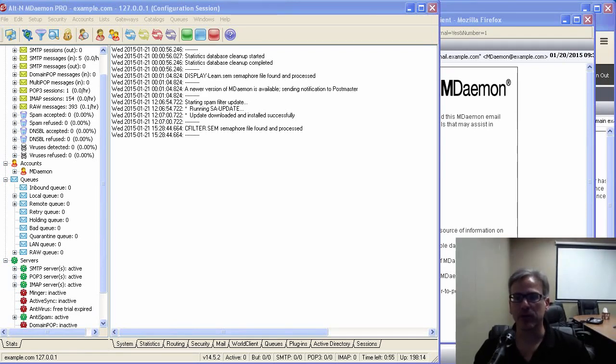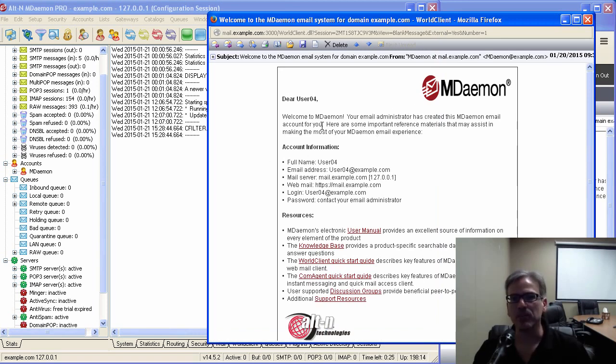Today I'm going to show you how to configure MDaemon to notify a designated user anytime a new account is created in MDaemon. The way we're going to do this is we will use the content filter to send that notification message to a user of your choice whenever it detects the new account welcome message that is sent out to new users. So in other words, it's going to look for the transmission of this message right here. This is the new user welcome message that is sent to new users, new accounts by default. This message contains the full name and email address of the new user,